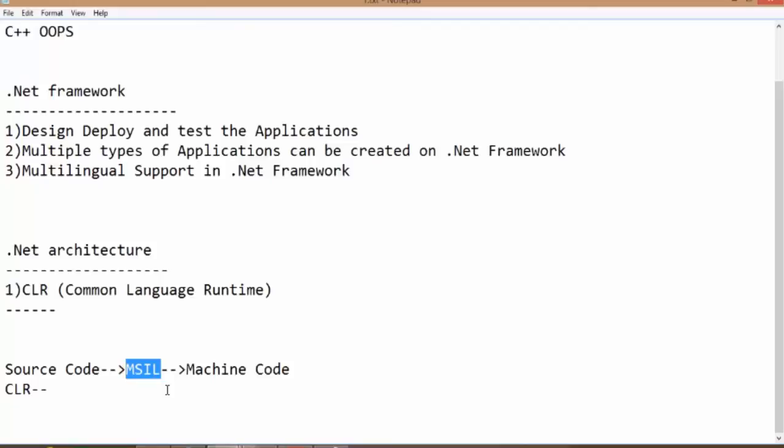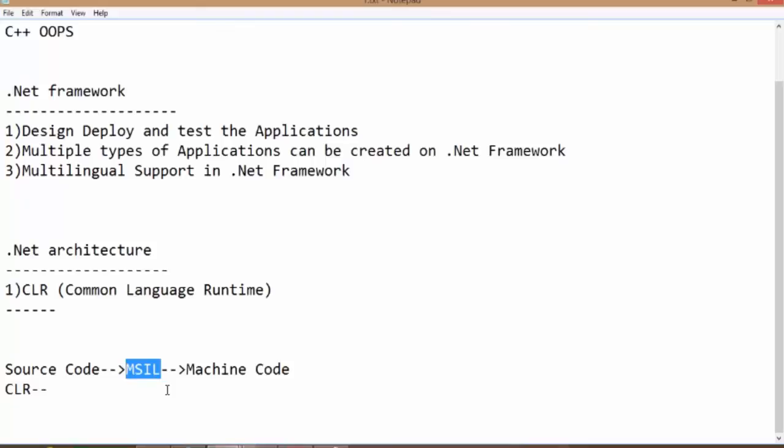In different languages like C++, the garbage collection process needs to be initiated by the developer only. But CLR will automatically collect the information about all these memory spaces and then free them. So CLR also handles the process that is known as garbage collection. Okay. So now we have converted source code to MSIL code using CLR.